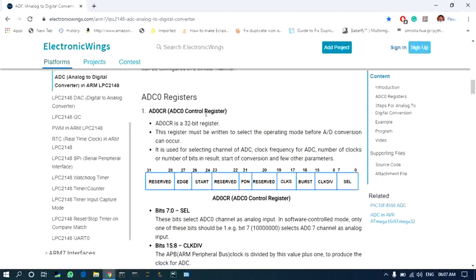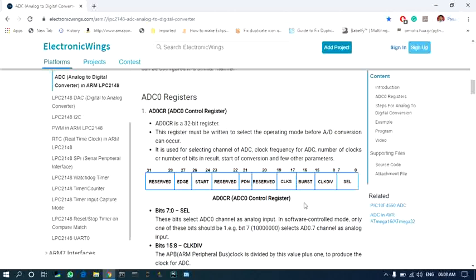Moving on, we have AD0CR, that is AD0 control register, which is associated with AD0. So this can be applicable for AD1 also. In this register, we have fields, namely select, to select the analog input channel.